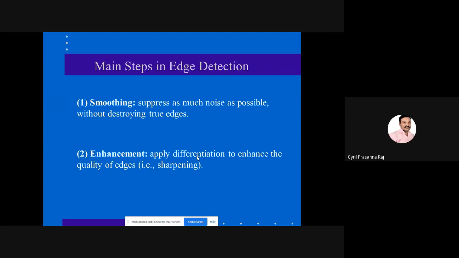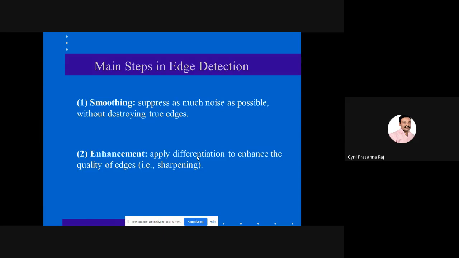If you take an image, it will have multiple objects. These multiple objects are visible to us because of the edges available in them. If the objects all have a common color, common intensity levels, then you may not be able to identify the background and the foreground, or distinguish between multiple objects. Because there is an edge, you are able to clearly demarcate the objects available in an image, and our job is now to identify how to retrieve these objects from the image.